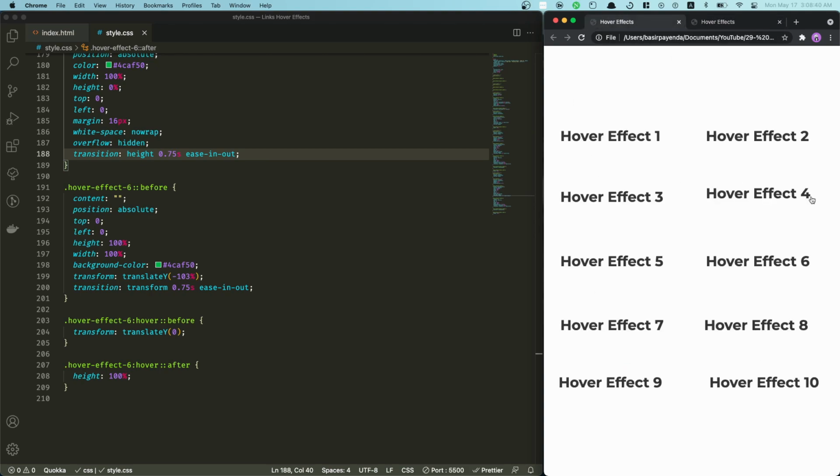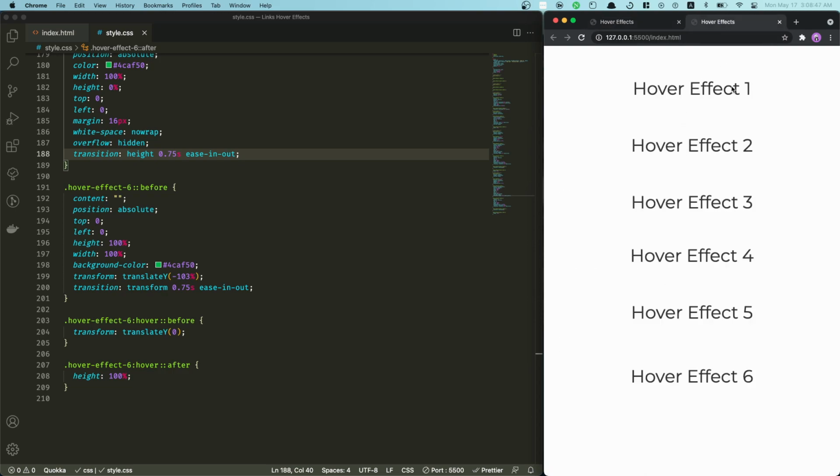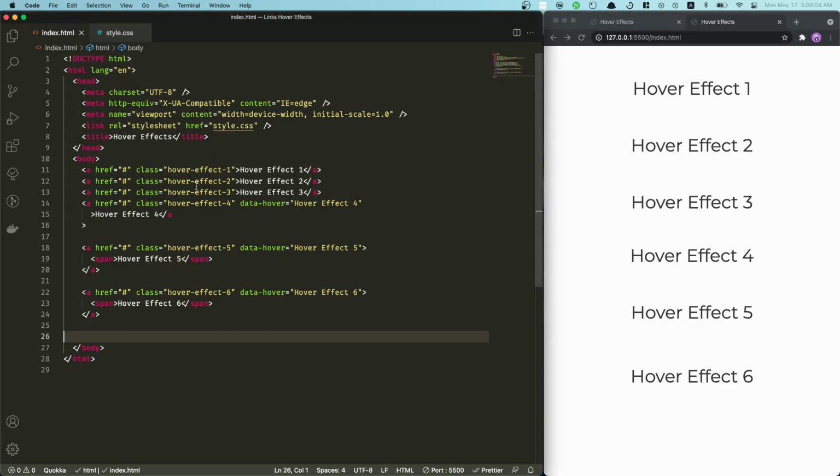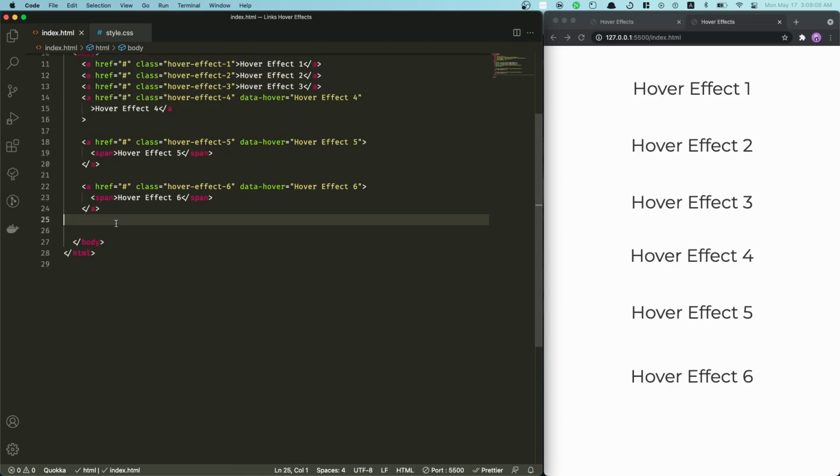Alright, so that's looking cool. And now let's work on this hover effect right here, which is basically this hover effect number 7. Alright, so you can see that hover effect number 7 and hover effect number 1, they are basically identical to each other. The only difference is that in hover effect number 7, we got this border showing up from the top as well. Alright, so in here, I'm just going to go back and then just copy that out